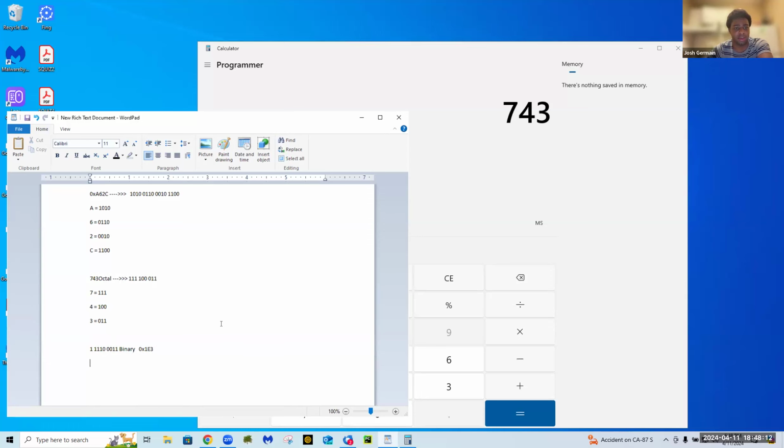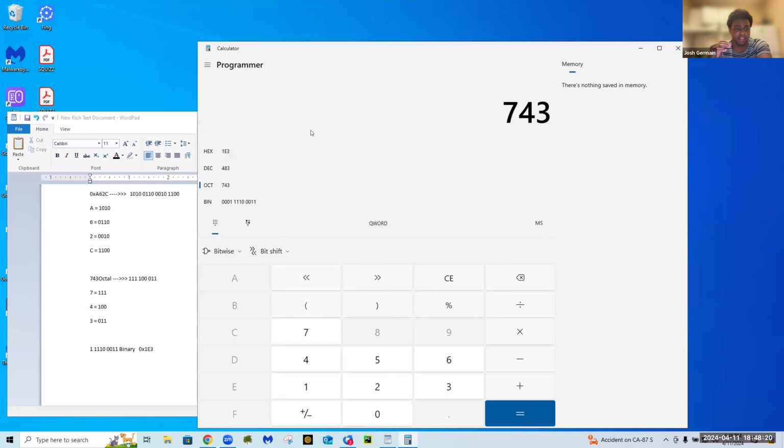But I think there might be a way to go from octal directly to hex. If you think about it, octal is 8 and hex is 16, so it's exactly double. For the first octal number, that's just going to go straight into the first hex number. And then for the second octal number, depending on that value, something is going to get added to the hex number, right? Do you guys understand what I'm saying? I'm not really understanding what you're saying, but